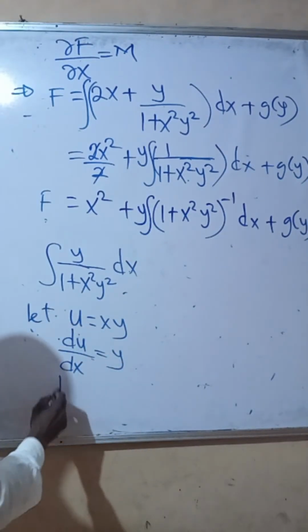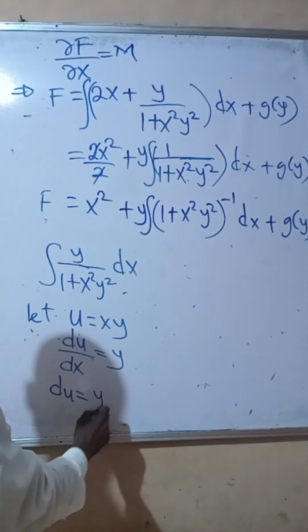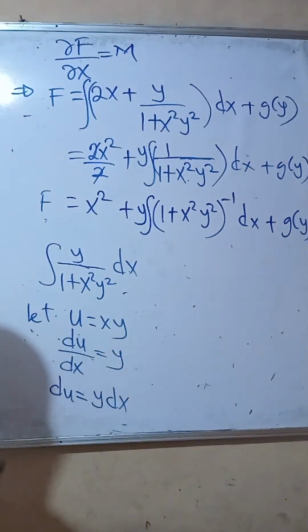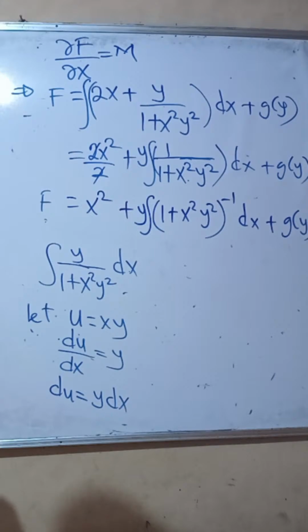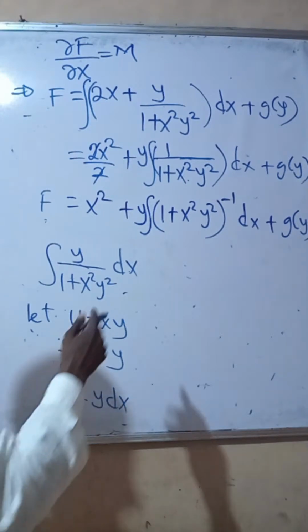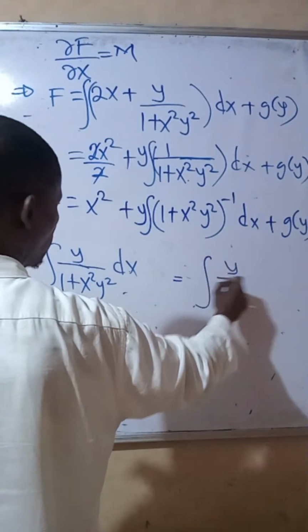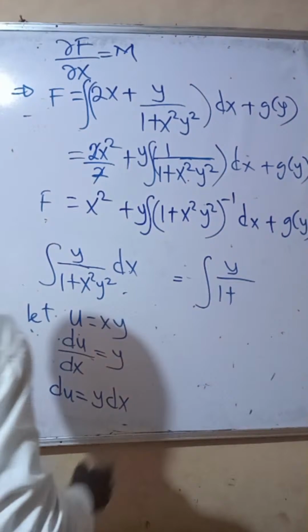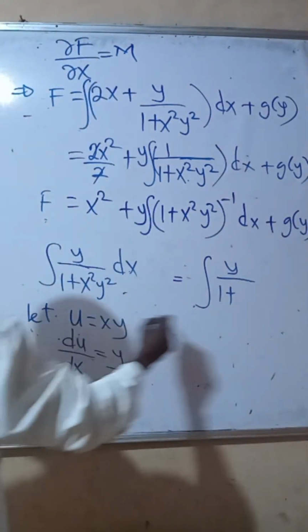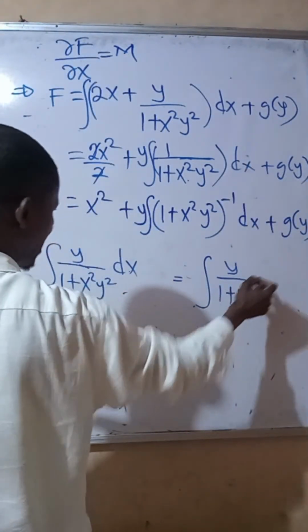So du is equal to y dx. So we can go back to that equation and make the substitution. This will be the integral of y over 1 plus u squared, times